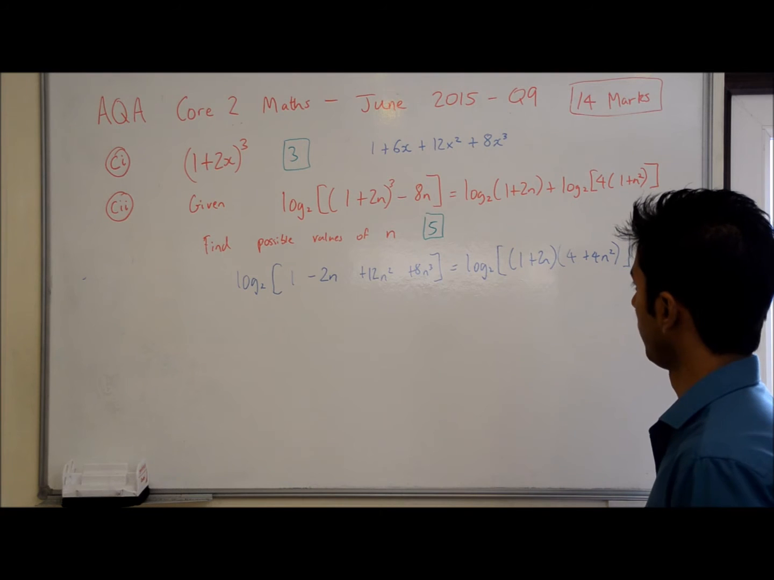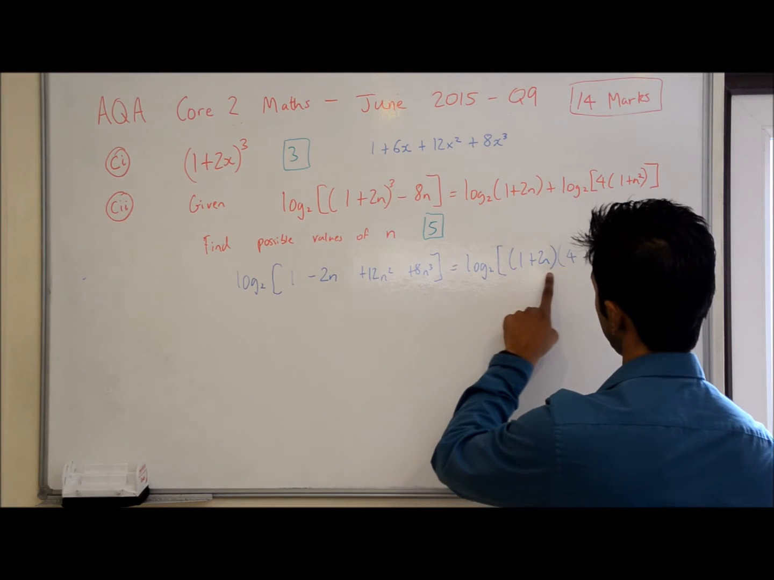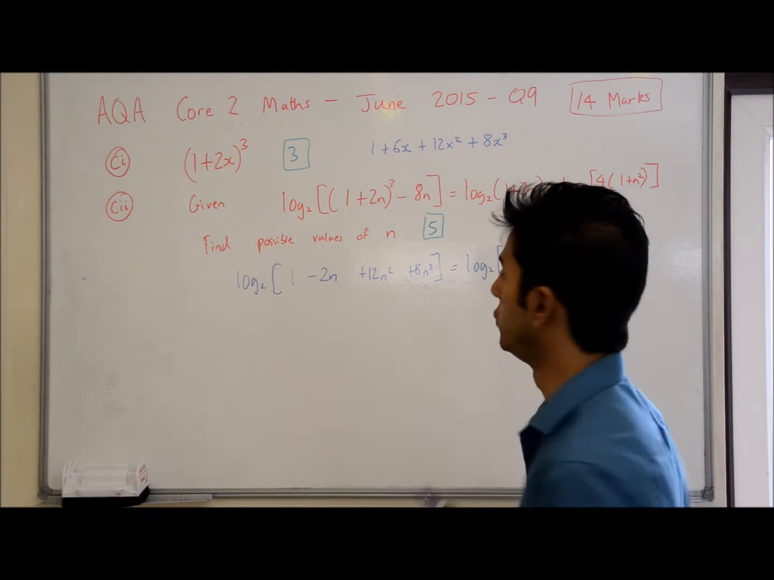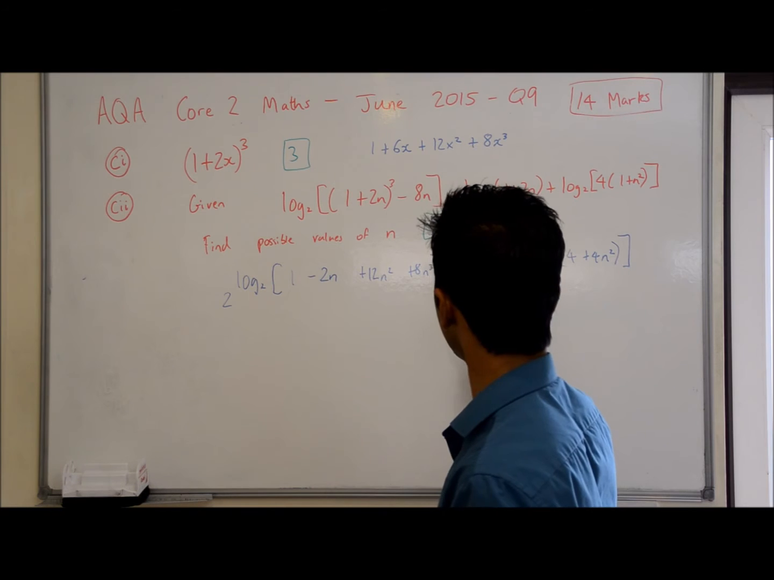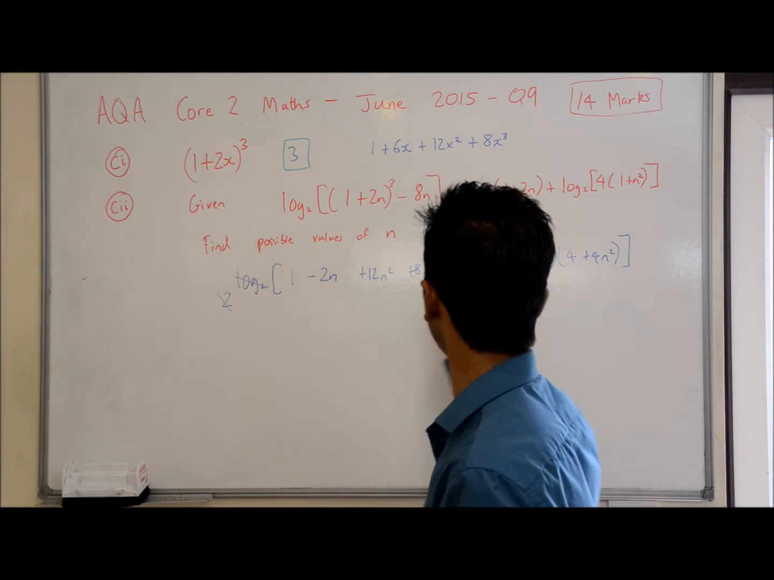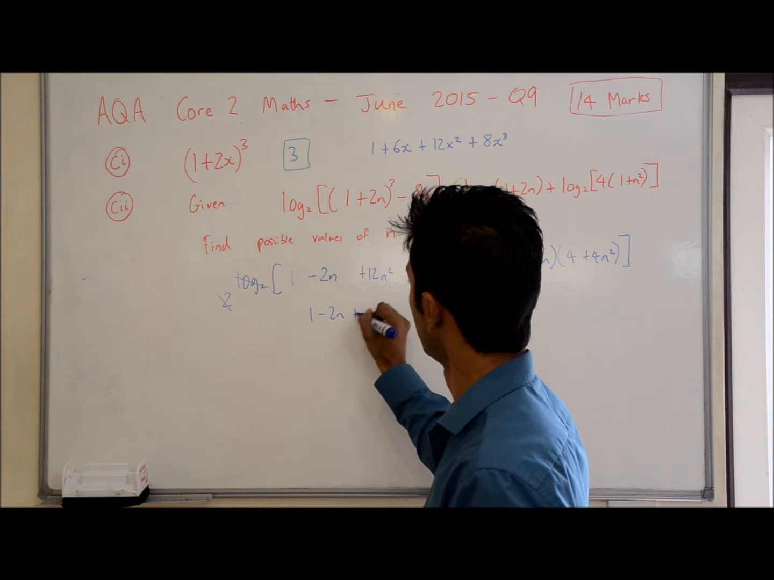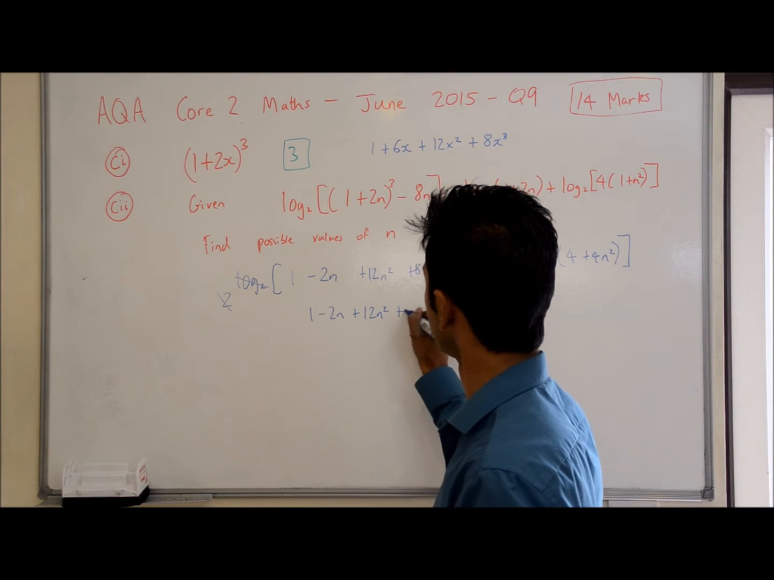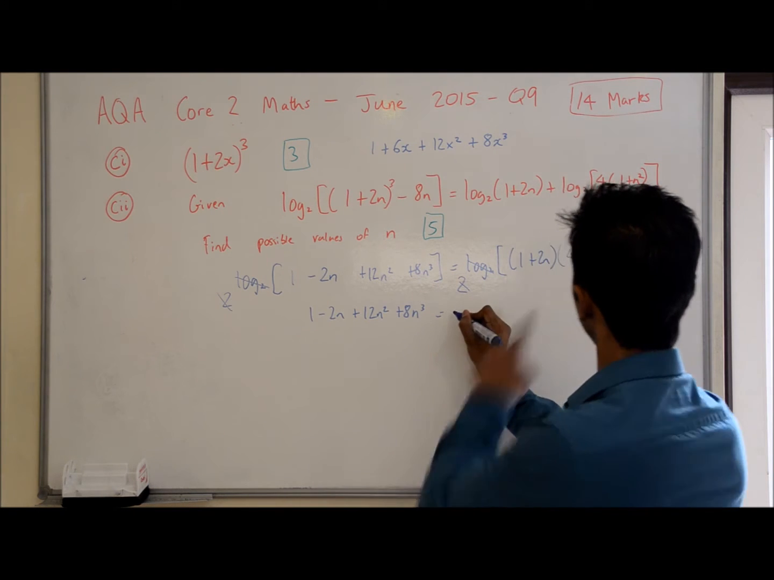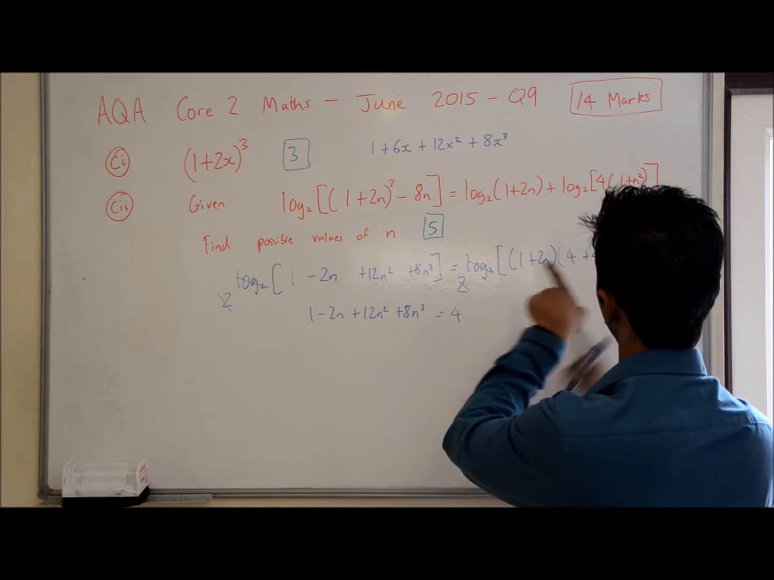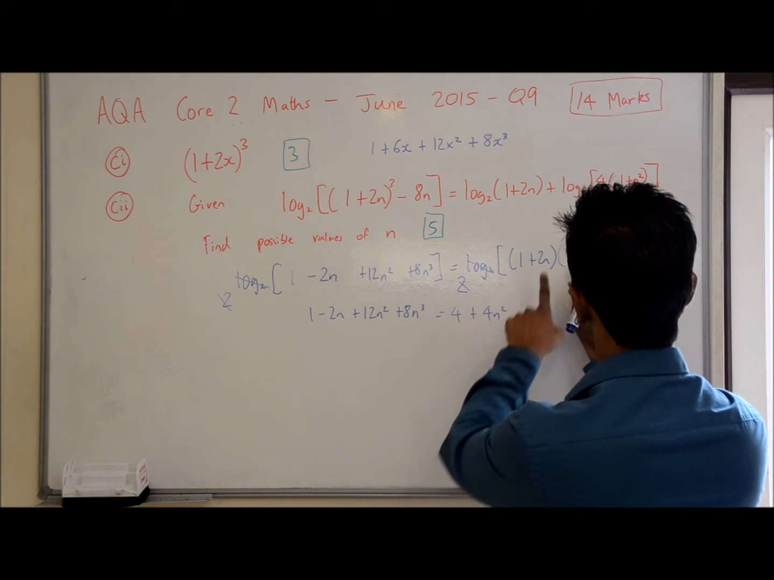So we've got that. Now, we've got log to the base 2 of this equals log to the base 2 of this. We can now do 2 to the power of both sides. So 2 to the power here and 2 to the power here. And that would cancel with that, would cancel with that. So we're left with 1 minus 2n plus 12n squared plus 8n cubed is equal to 4 plus 4n squared plus 8n